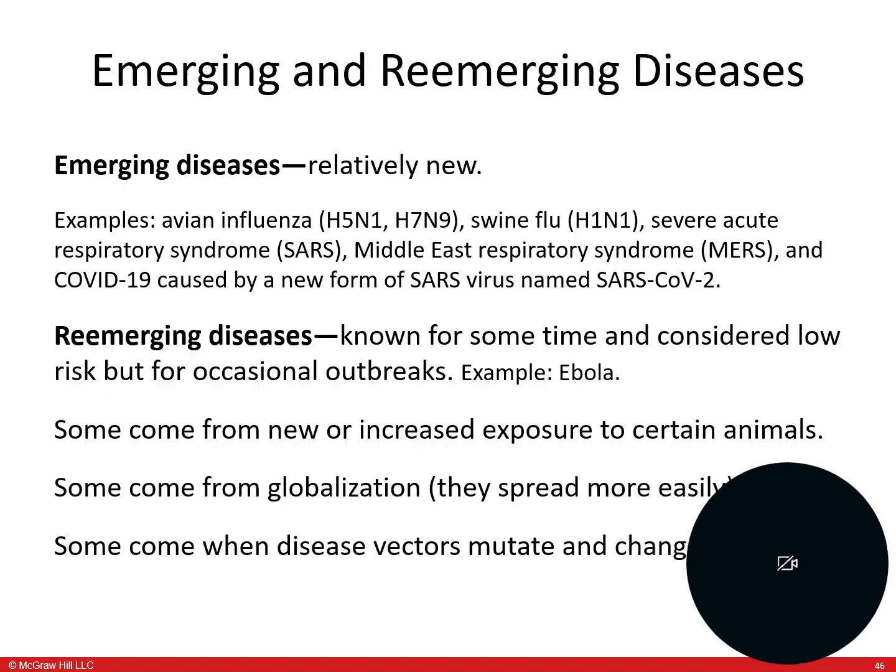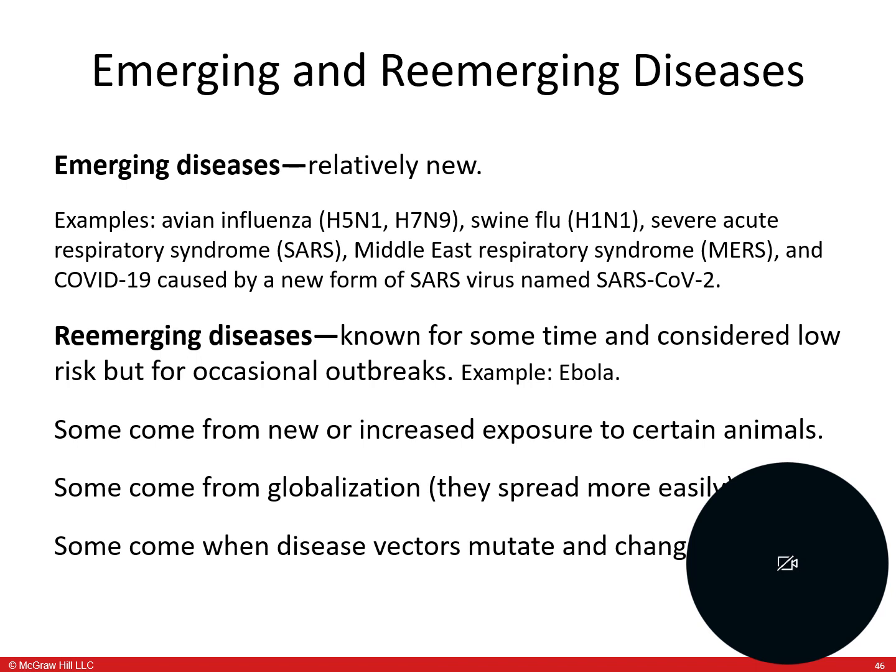Now, in terms of emerging and re-emerging diseases, this is something we're going to talk about too. If you've taken Human Biology 217, Health and or Human Disease and Society, this is where that class will play off of and go into great detail with. But emerging diseases are those that are relatively new. We're starting to see them surge for the first time, like COVID-19, right?